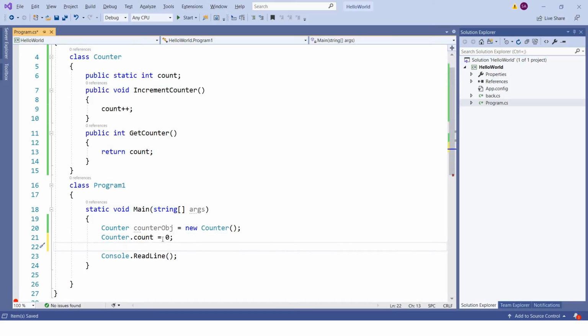I am initializing count to 0, then calling IncrementCounter.